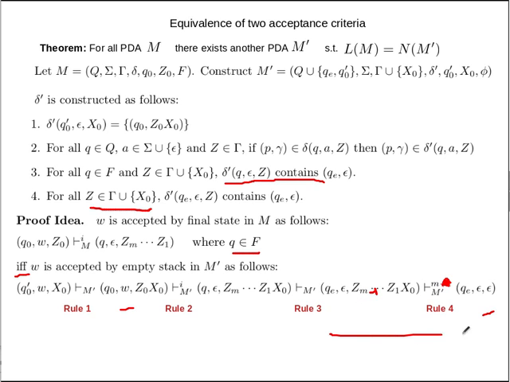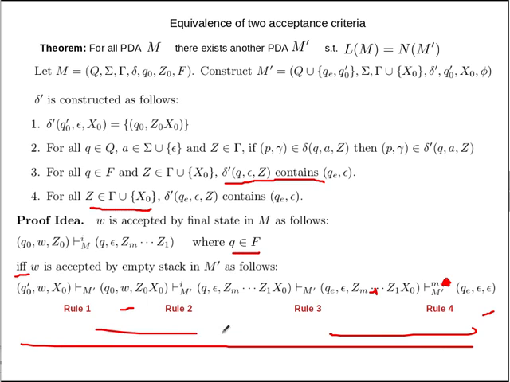And that part should be this, because when you are in QE and continuing with state QE, that can only happen via this transition, which just removes the stack symbols one by one. So you have to have a trailing part like this. So if you are accepting any W via empty stack in M prime, the path for acceptance has to look like this, and then this part from here to here will exactly correspond to a path like this in M, which will mean that this W is accepted via